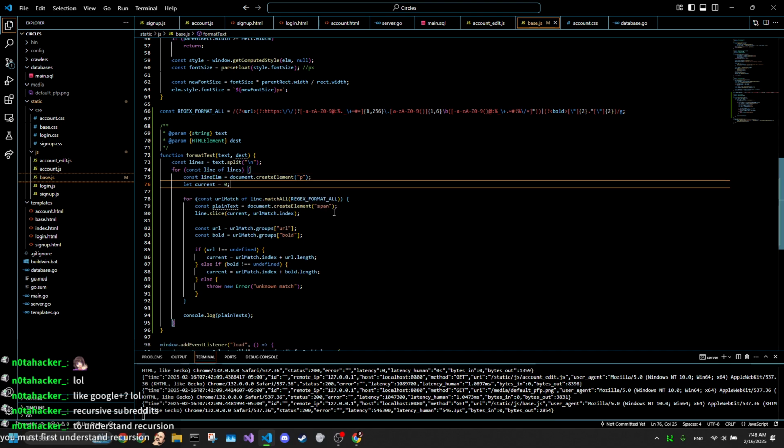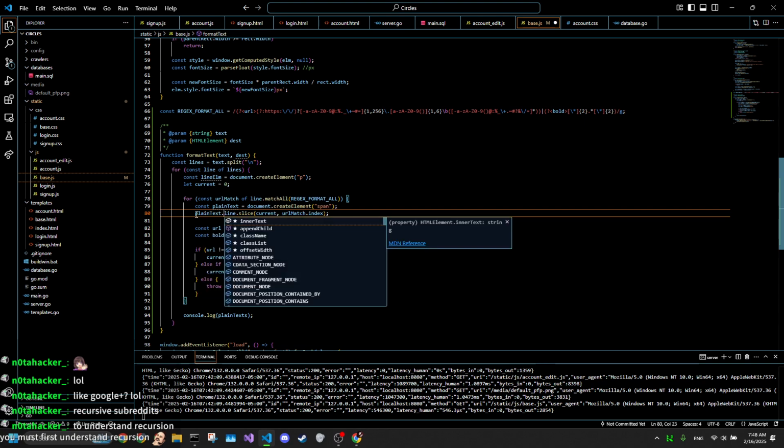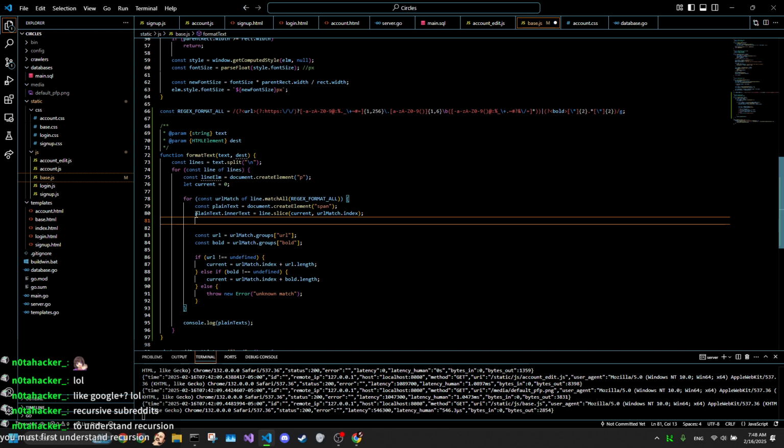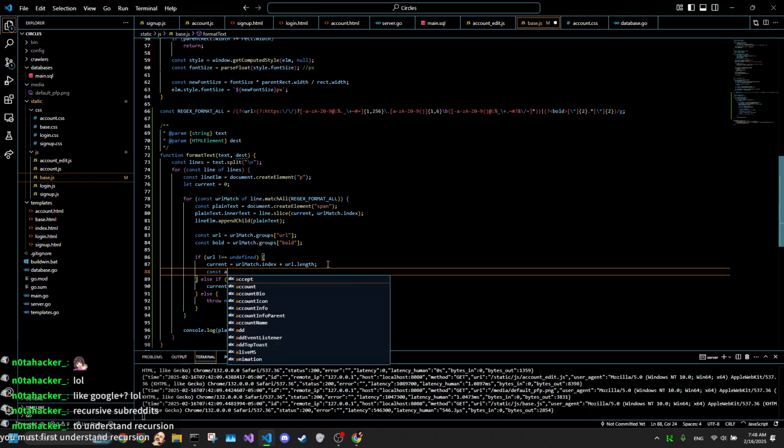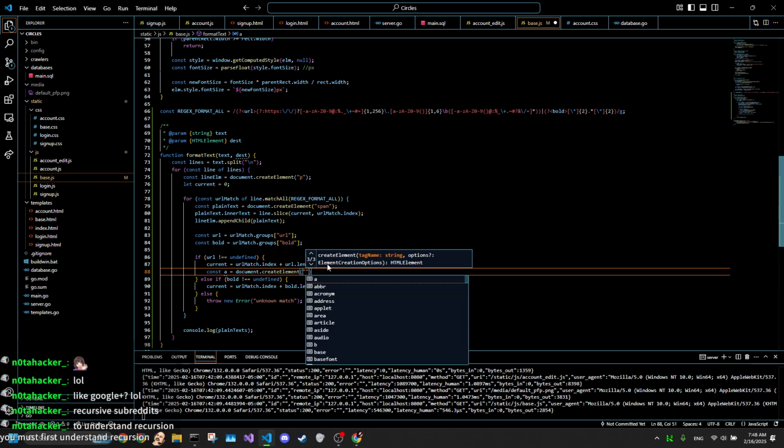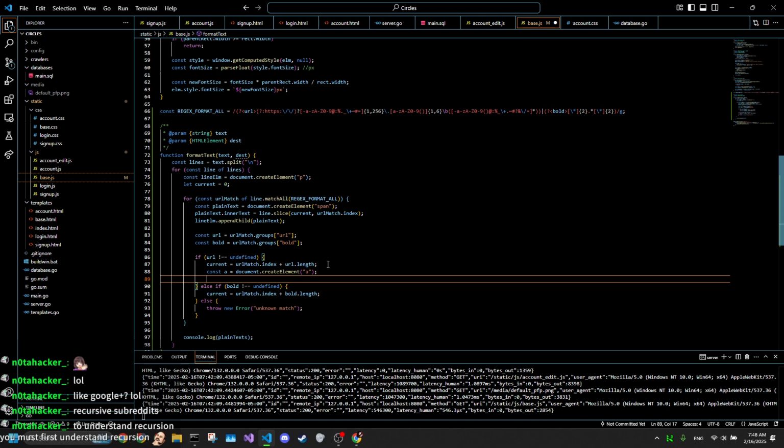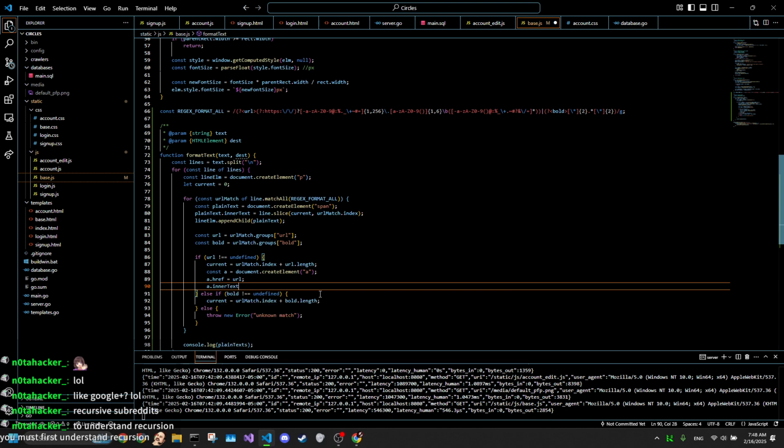Plain text, inner text is set to that, and then line element append child, plain text, and then over here, need to create an a tag, set that to that, set the link the a tag points to the URL that was matched, inner text to